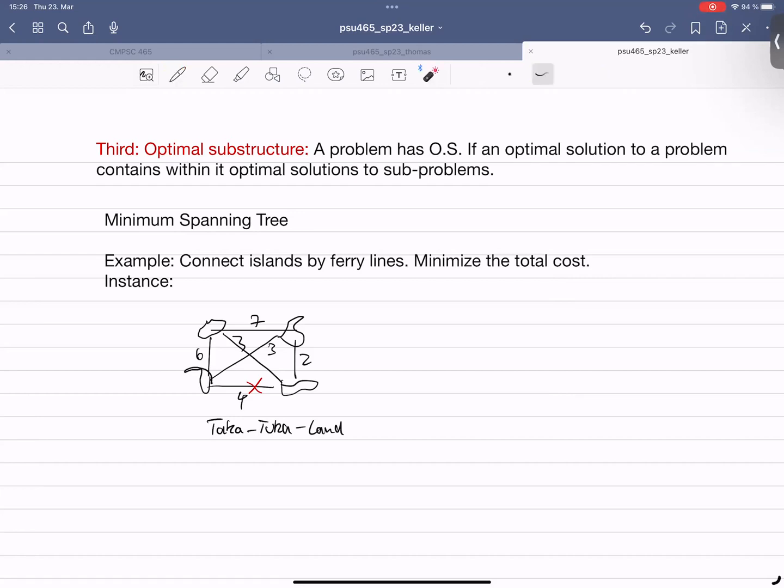And that's simply because this edge is part of a cycle, namely this one, and removing an edge or a ferry line in such a cycle can never break connectivity. If you take the endpoints of an edge that was part of a cycle, the two endpoints will still be connected through a different path that doesn't include e, and that's how they form a cycle. So we can remove these edges, and so at the end of the day, what we're interested in finding is